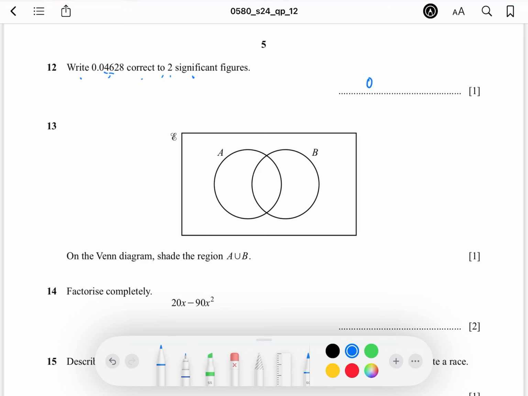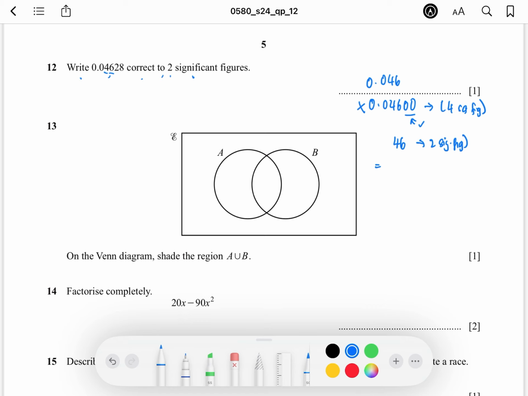That means 0.046. If you give 0.04600, that means this trailing zero is significant. So this one is not two significant figures. This is four significant figures. Okay, so it's wrong. And if you give 46, 4 and 6 only, yes, this is two significant figures, but